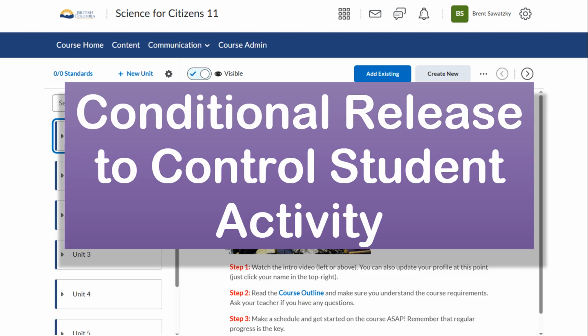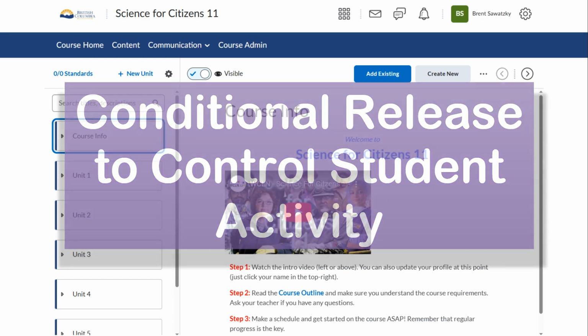So the main purpose of conditional release for most teachers is to limit access to resources until a student is active. Given that, there are some other possible ways to leverage this feature. If you find that some students jump ahead in your course and maybe do things out of order, you may be inclined to use conditional releases to manage this. You can quite easily not allow access to certain areas of your course until other parts are submitted or graded